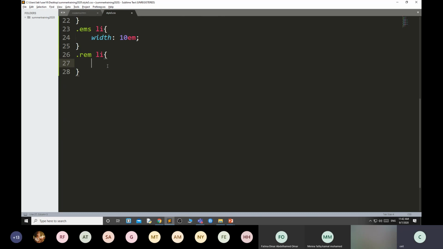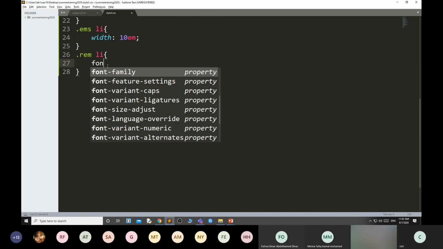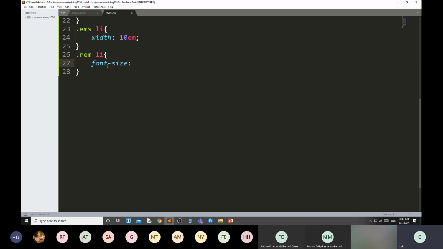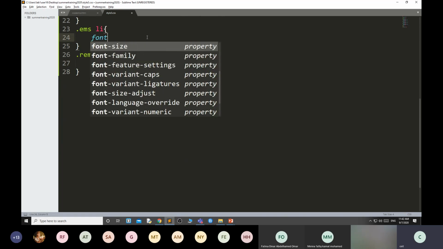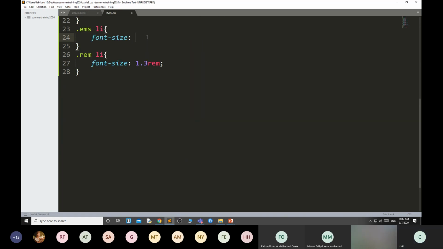Here we are going to use font size 1.3 REM, and here font size 1.3 EM. Okay, in one I have used 1.3 EM and in the other 1.3 REM.